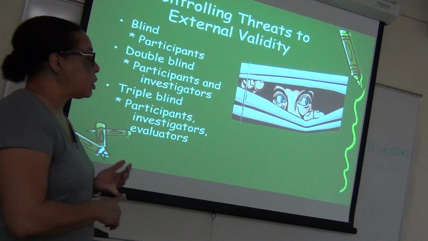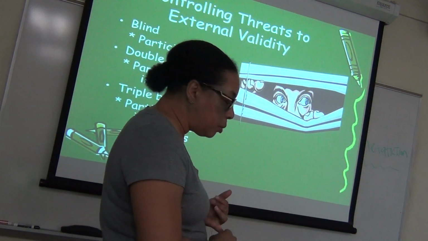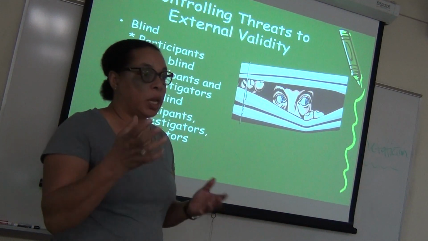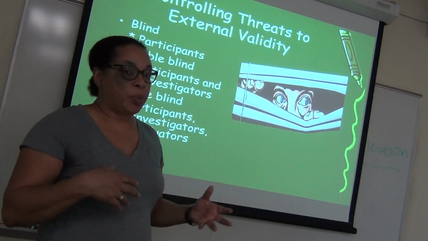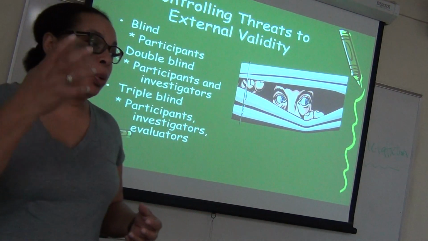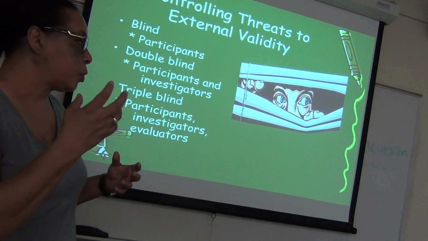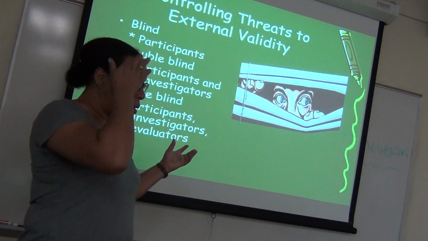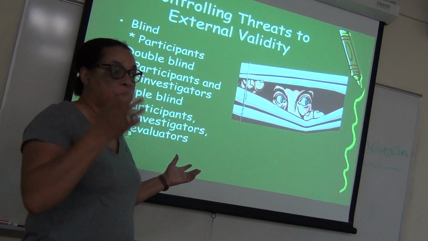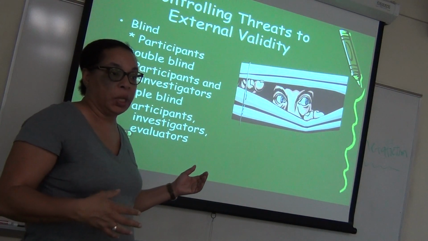Okay, so obviously randomization helps with external validity as well. Being able to randomly select people and randomly assign people helps with external validity. But then if you can add the blinding piece so that people don't know what they're getting,